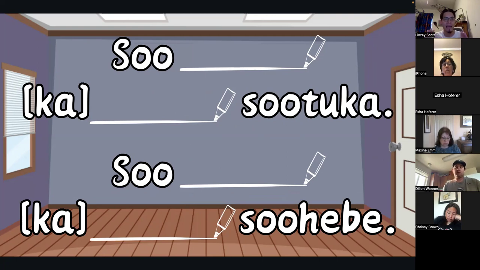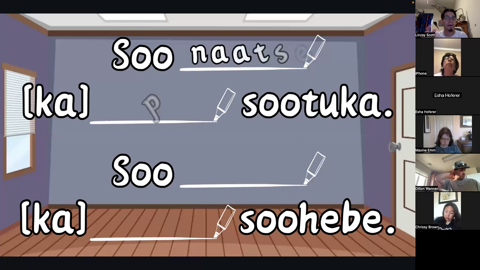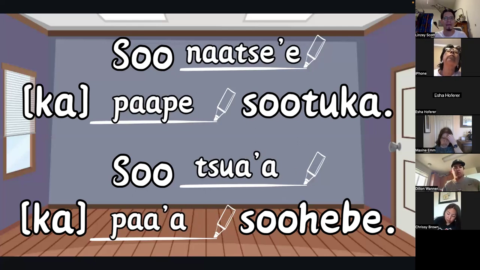Notice I have ka in those brackets. That's because it is optional. You don't have to say ka. If you recall from the last class, and I think another one before that, that word ka introduces the object of the sentence. So it clarifies the object of the sentence, but you don't need it necessarily. It's okay to omit it. But here are some examples of the possible answers.